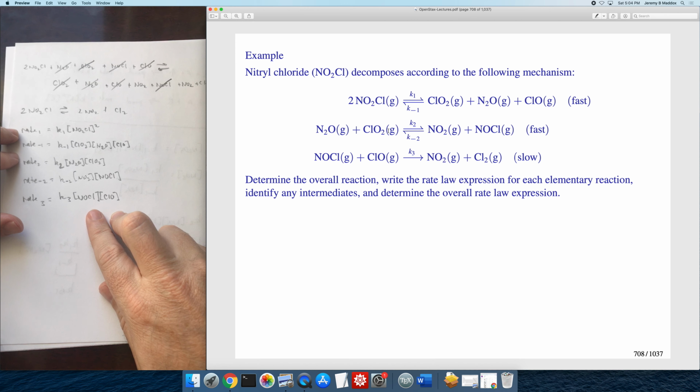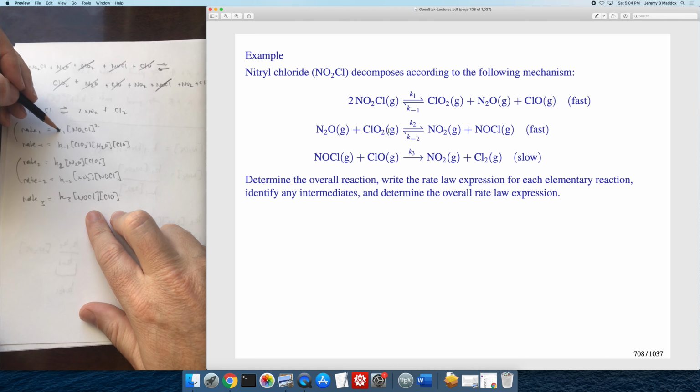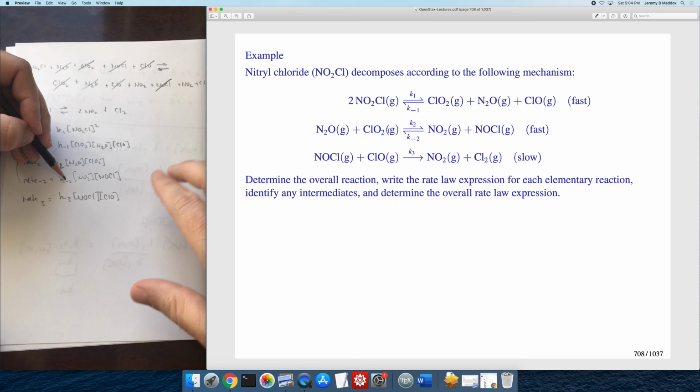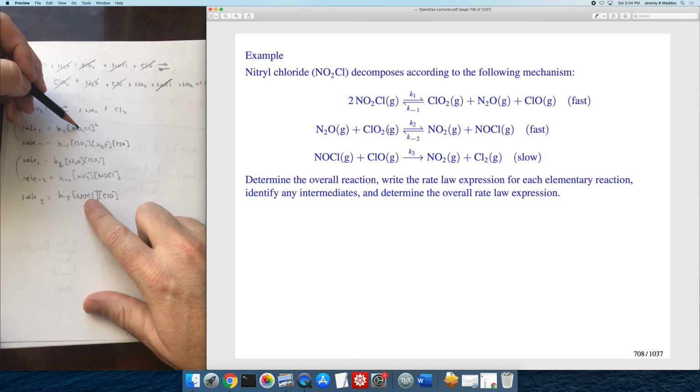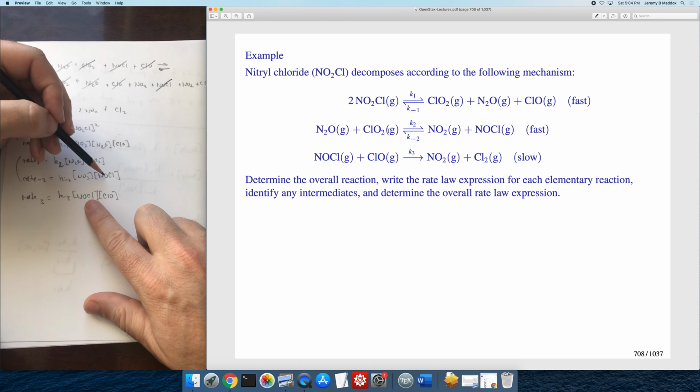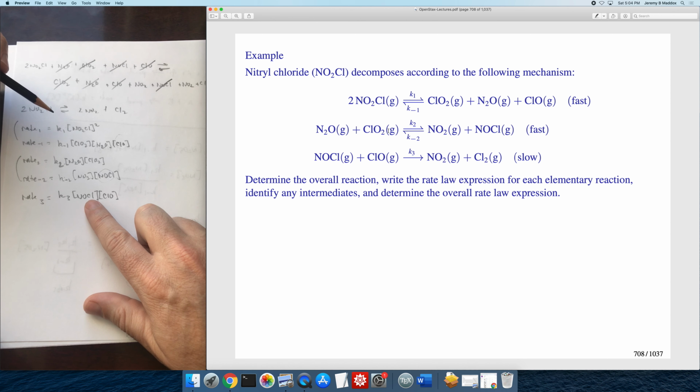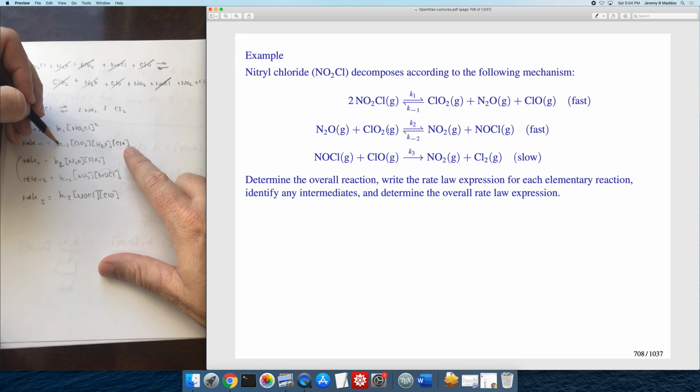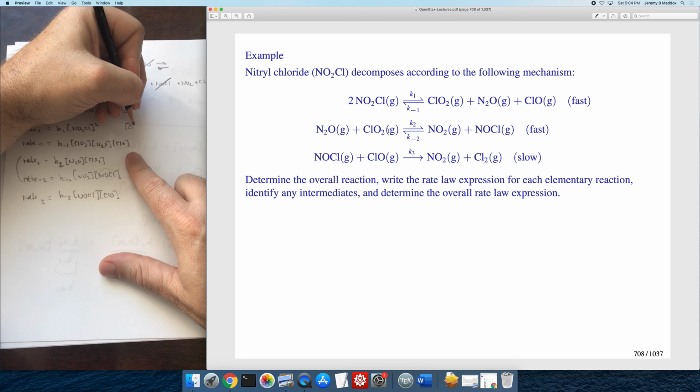Well, because the two pre-equilibrium steps are fast, we can equate the forward rate to the backward rate here and the forward rate to the backward rate here. When you do that, you can solve this first pair of equations for ClO, and for the second pair of equations you can solve for NO. Okay, so what I'm going to do is set this equal to that and solve for ClO. And so you get